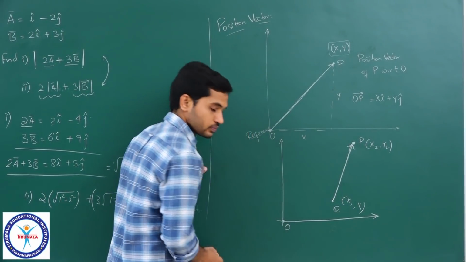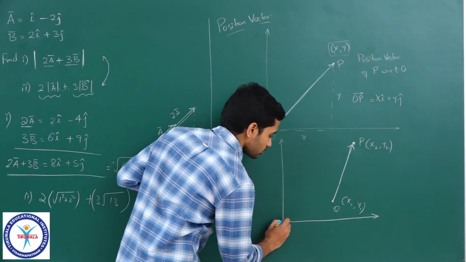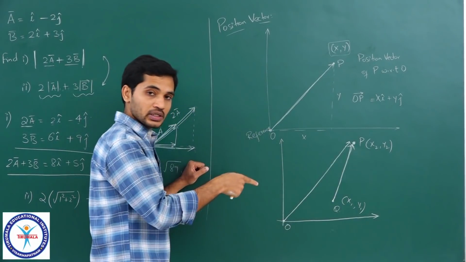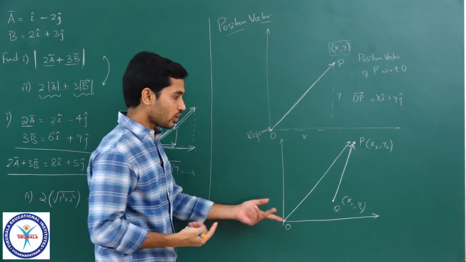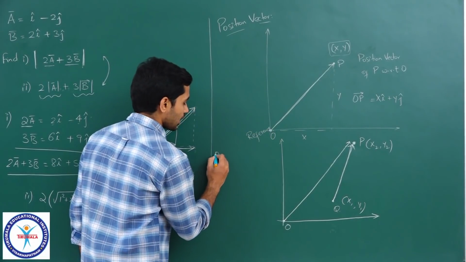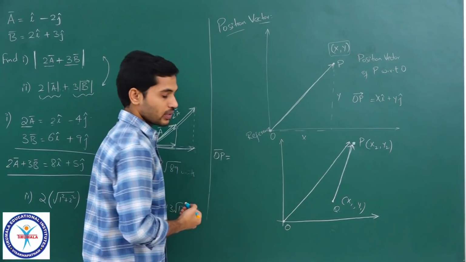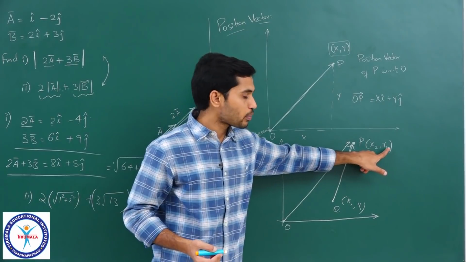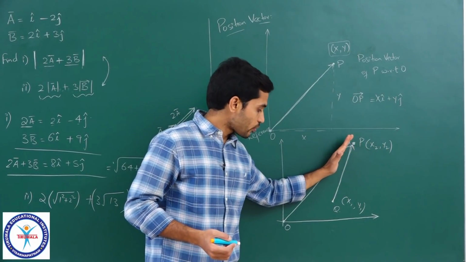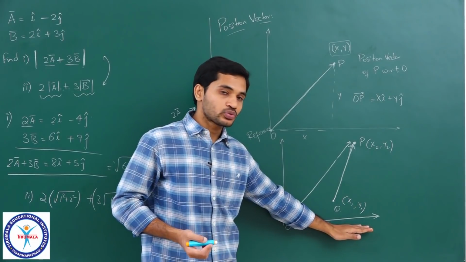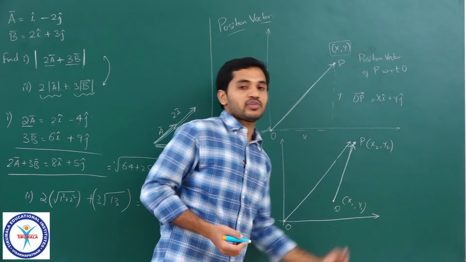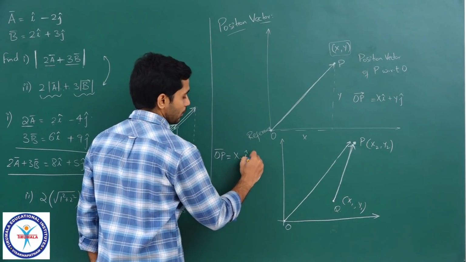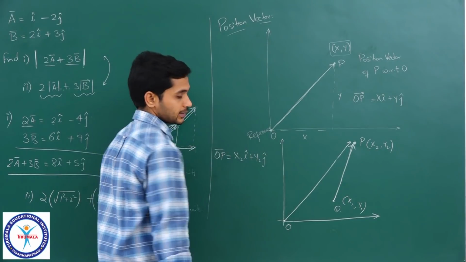So this is O, right? So I will draw a line from O to P, which means I am finding the position vector of P with respect to O, and we know how to do that, right? We know how to represent that. I can directly write OP bar is equal to, which means this vector can be written as x2 i cap plus y2 j cap. So the component of this along x will be x2, the component of this along y will be y2, right? So I can write this as x2 i cap plus y2 j cap, correct?